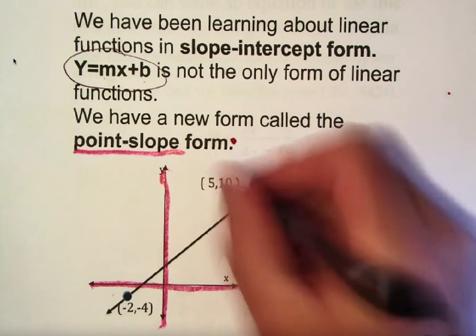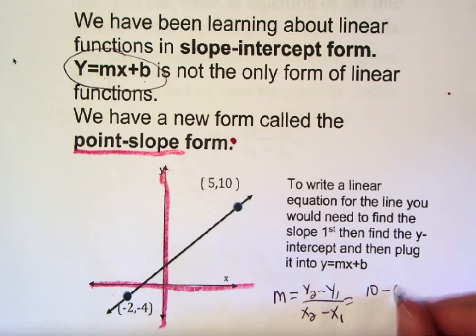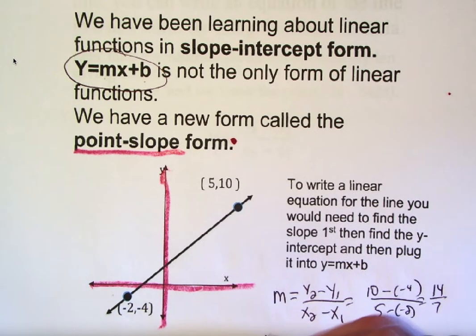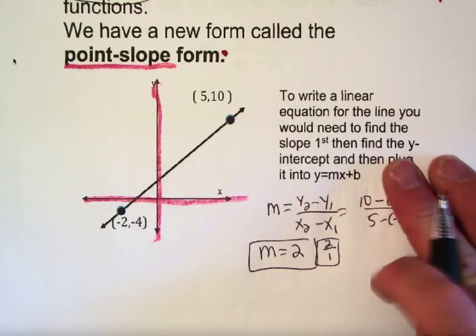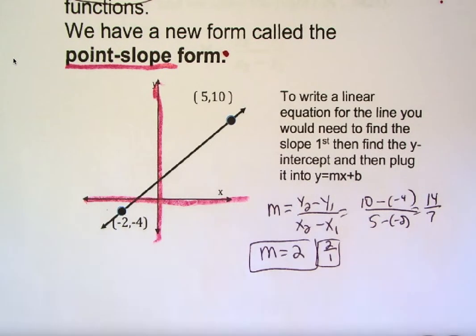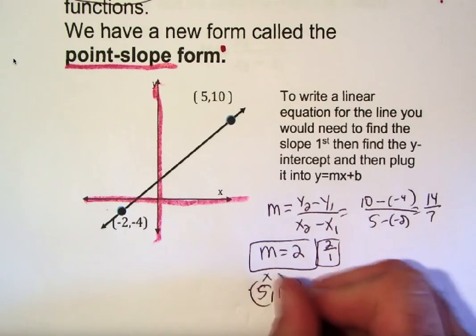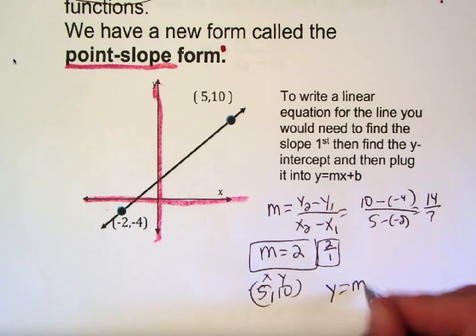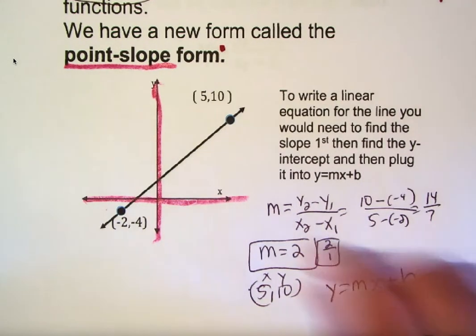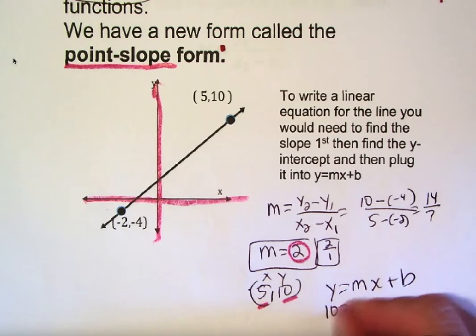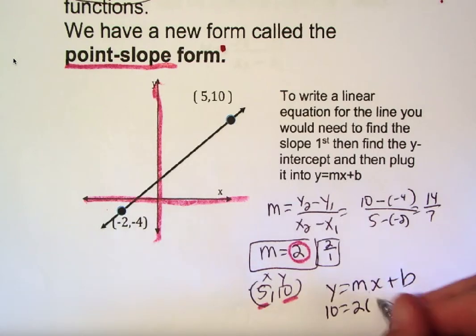So, remembering that these can be x1, y1. So I'm going to do 10 minus -4. All right. So the slope of this line is 2, or 2 over 1, its steepness. Okay. Then we need to find the y-intercept. So we talked about we would take one of these 2 points. I'm going to take (5, 10) and the slope, and plug it into y equals mx plus b. So that's our 2, x is our 5, and 10 is our y. So 10 goes where y is, 2 goes where m is, x is 5,